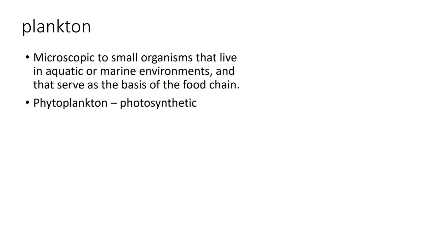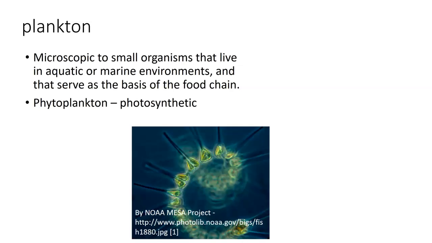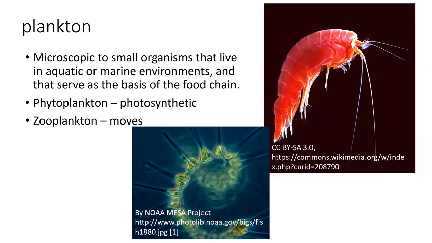If they are photosynthetic, we call them phytoplankton, and that would be a phytoplankton, and you can see that it's green in color. If it is movable, then we call it zooplankton. And this little thing, almost looks like a shrimp-like thing, but it's really very tiny. It's actually microscopic, a type of zooplankton. And there are a lot of different types of zooplankton out there. If this got to be much bigger, it'd turn into a shrimp, and then a jumbo shrimp, and then a lobster, and they're all very similar. So plankton serve as the basis of the food chain.